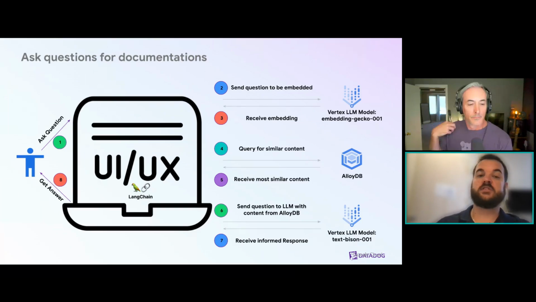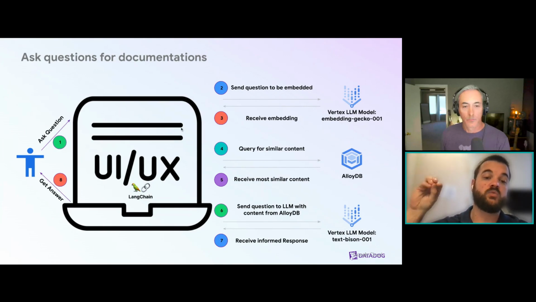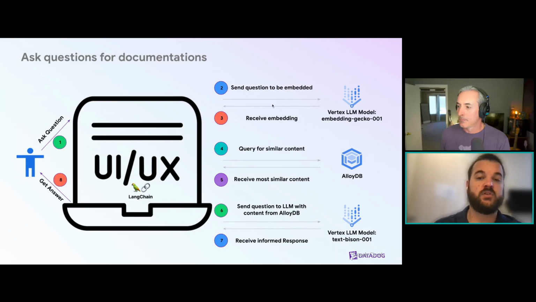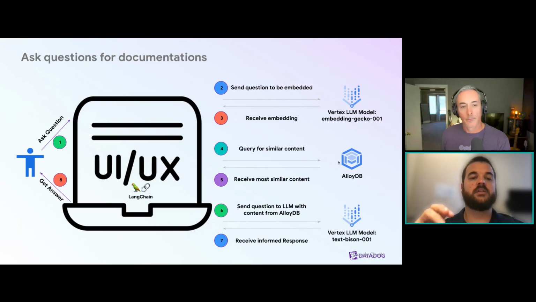Okay, so once this is done, we now have to start using the documentation in its new form inside of AlloyDB. And this is the flow chart on how that's done. You ask a question. That question is then sent to the embedding model as well to get a vector representation of the question you have. Then we can use that vector representation to query AlloyDB and say, hey, give me the closest distance to my question, right? So what content makes the most sense to answer this